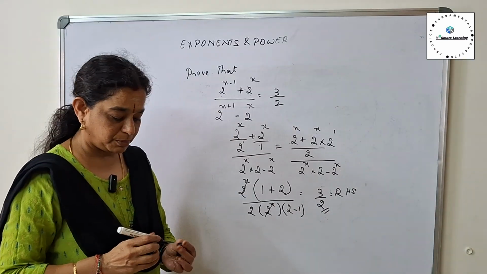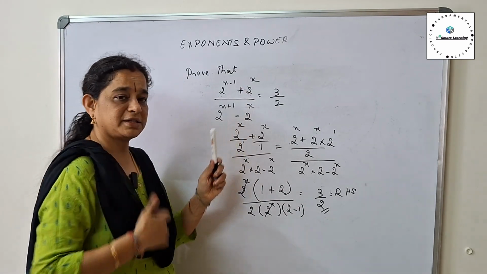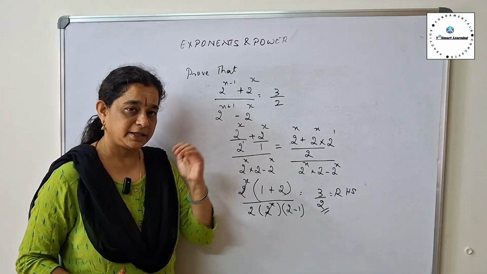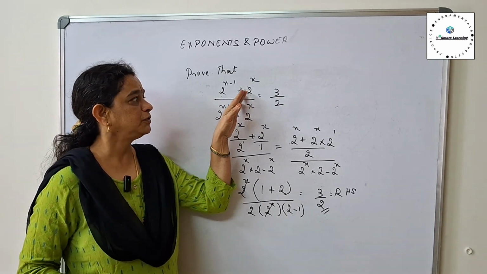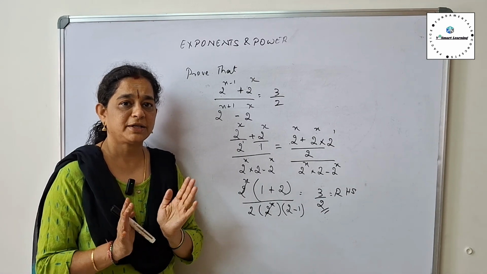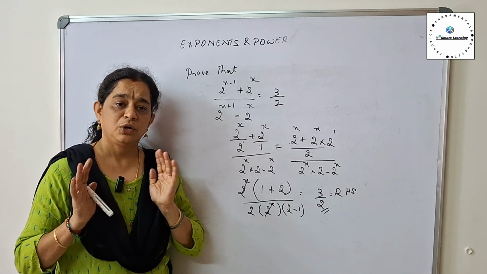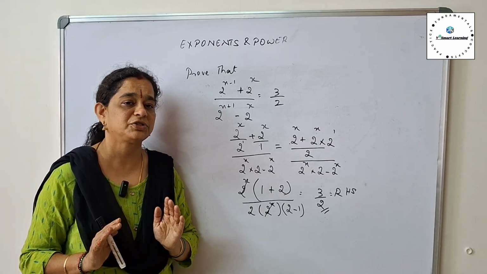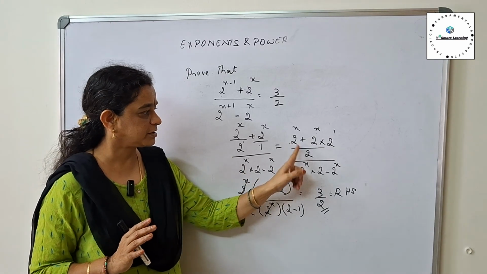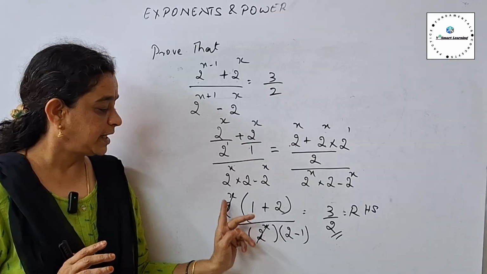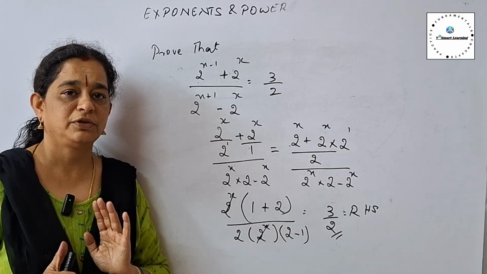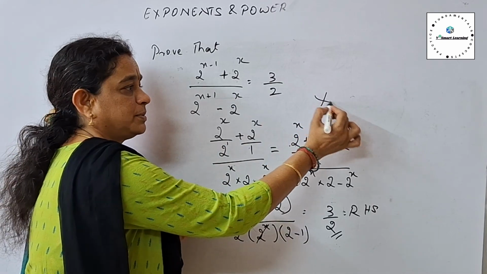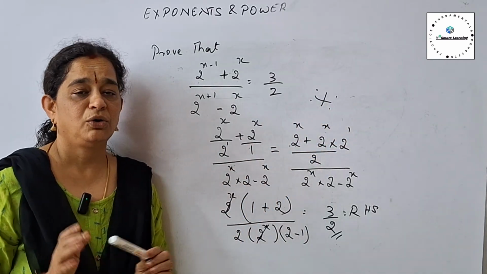So in problems which have plus and minus like this, if you want to apply the rules of exponents, write down the strategy: you have to convert this plus and minus into products so that you can apply the rules of exponents. One way to convert subtraction and addition into product or division is by taking a common factor, as we have done here. In that way you can cancel out and apply the rules of exponents wherever required. I hope this problem is clear. Mark this problem as important and please redo it on your own.